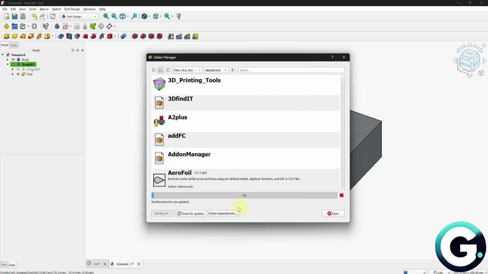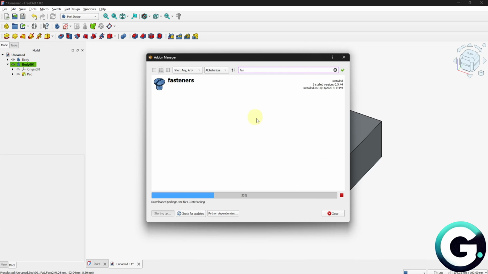Now, you just have to wait for the progress to actually finish before you could use the add-on manager. Click the fasteners workbench and then just click on the install button. So from there, it's extremely simple. Just navigate through fasteners, and then you will be able to see a lot of options that we could use